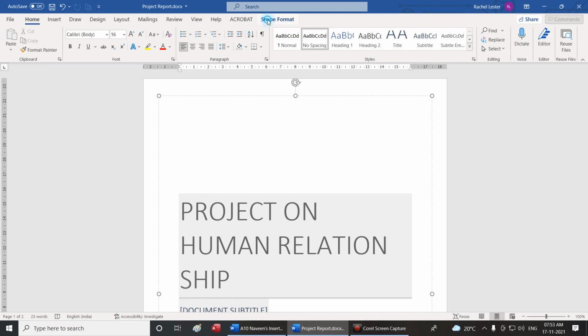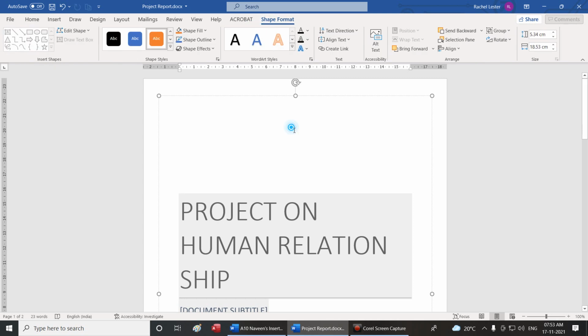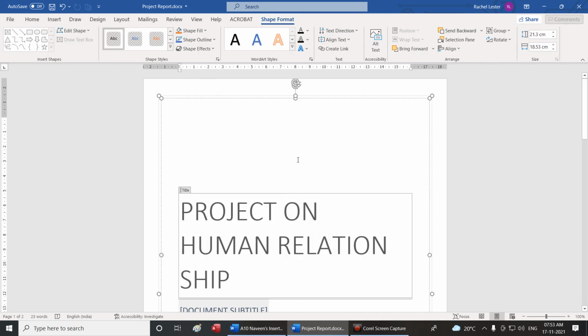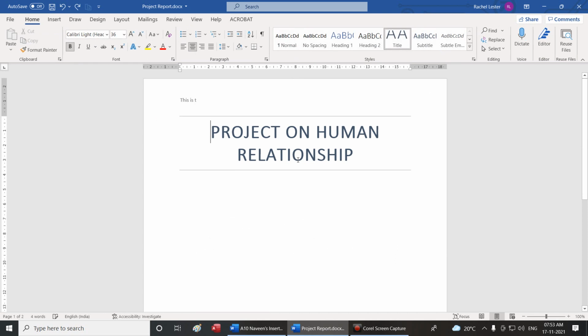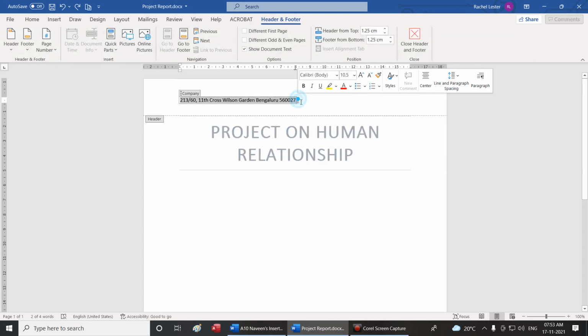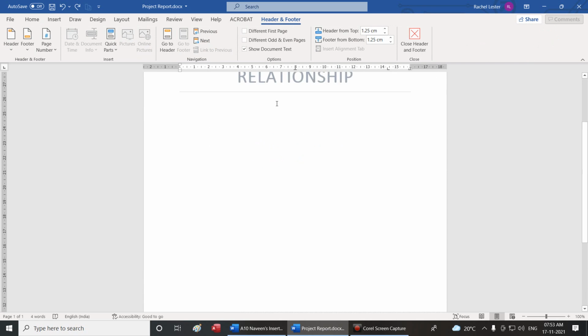Whatever we are trying to insert and do, it is a little bit of an advanced option, but still we will try to understand and then do it. If you don't actually get into the details also, it's okay, but if you can understand, it would be beautiful.